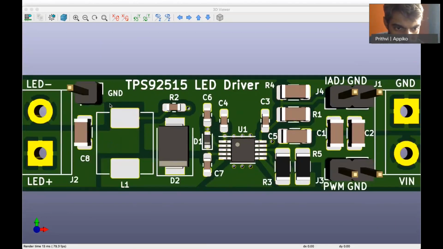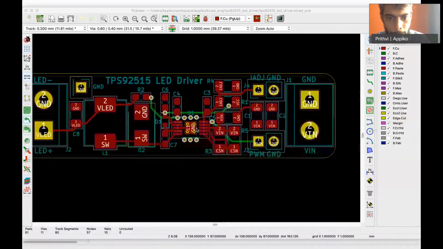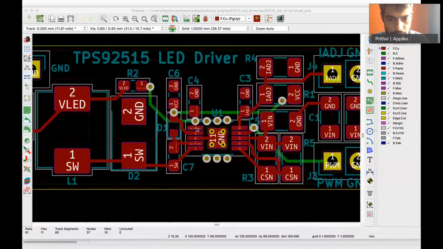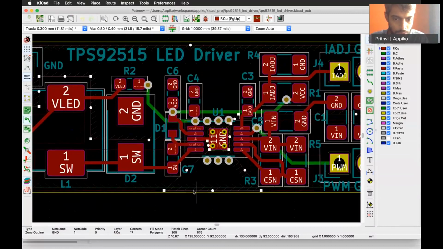So we will look at this design in the PCB new application. As you can see, multiple copper layers have been added. This is a copper layer on the front side.